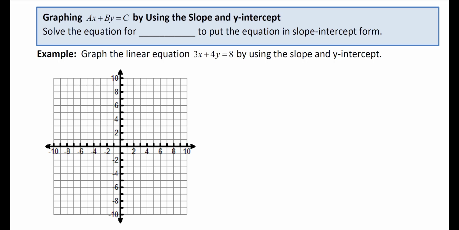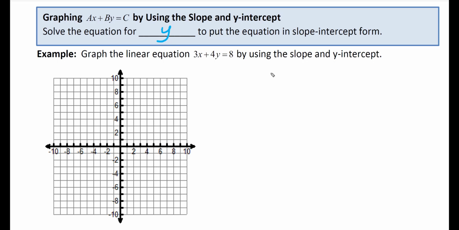We're going to continue graphing a line using the y-intercept and slope. This problem is given in standard form, ax plus by equals c. And in order to graph this, we first of all have to solve the equation for the y value and put it in slope-intercept form. So our problem says graph the linear equation 3x plus 4y equals 8 by using the